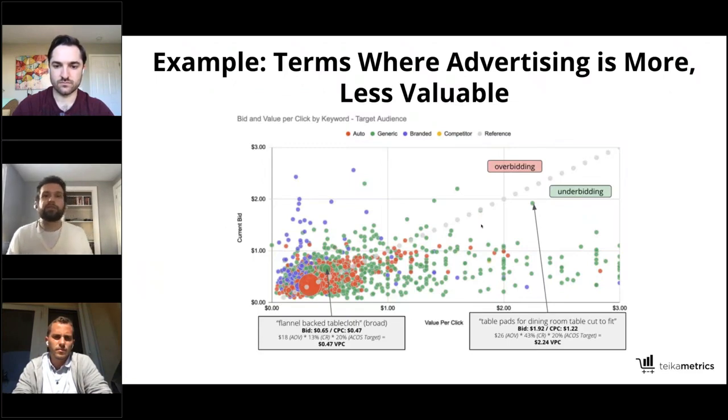So you can see here that this is a really interesting graph to look at, because what this shows is the value per click, again across a client that we did this audit for. You look at these bubbles, and you can see just the amount of investment, right? You see that they're doing obviously a lot of auto campaigns, but really focus on the generic versus branded here, and the competitor terms. So branded terms, I think this gets to a question a lot of folks have, which is,